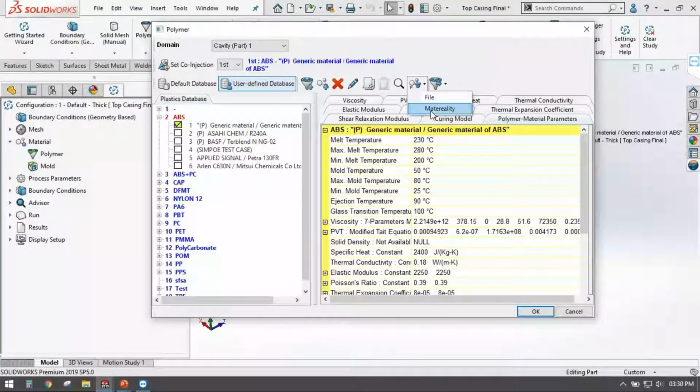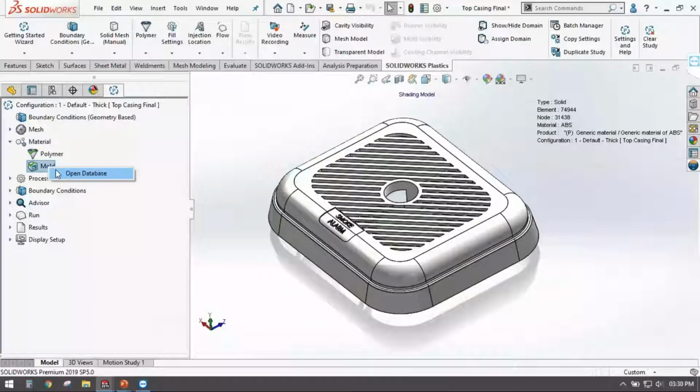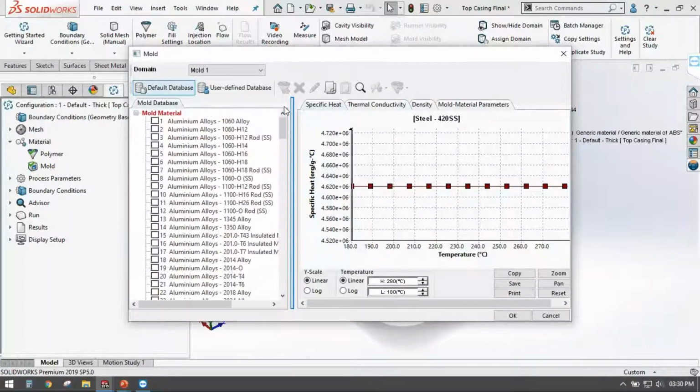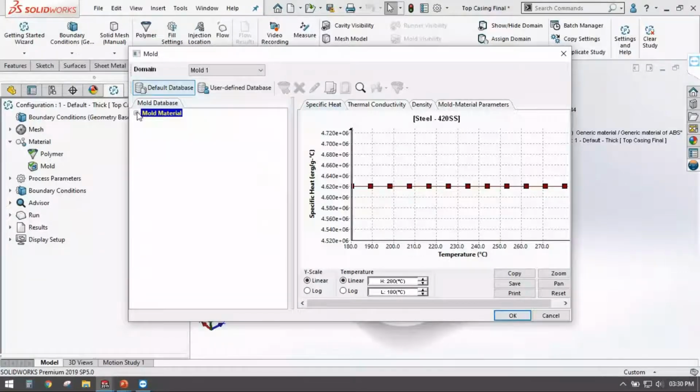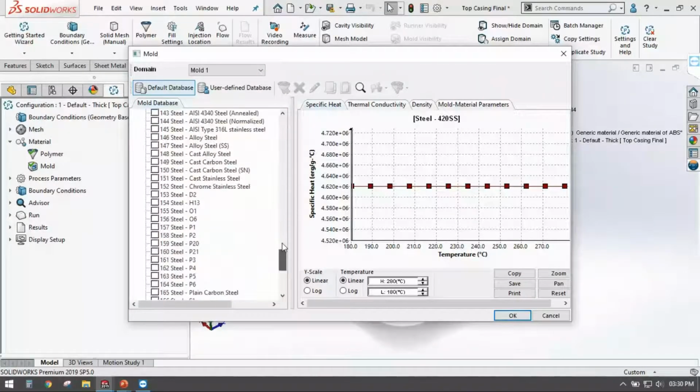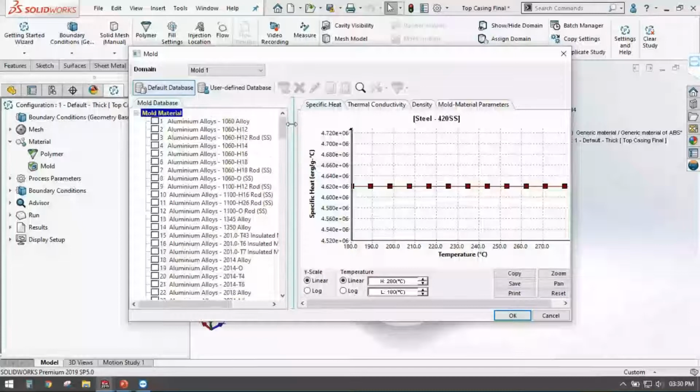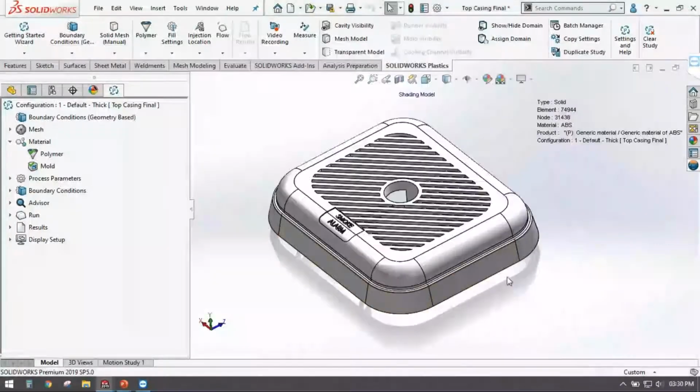So it is a very extensive database of material available online also. So once your material is created and applied, you can also browse for the mold. Again, there are various mold materials available, aluminium, steel, etc. So you can select it accordingly.